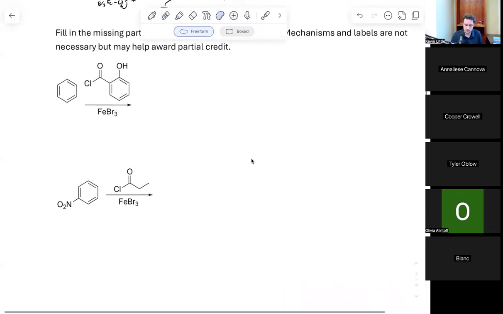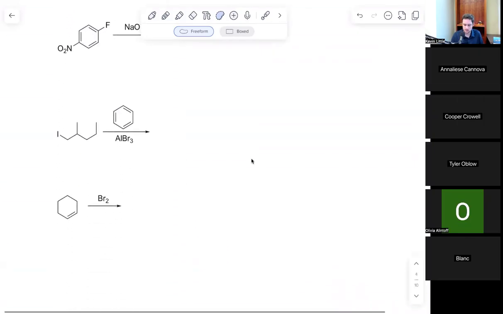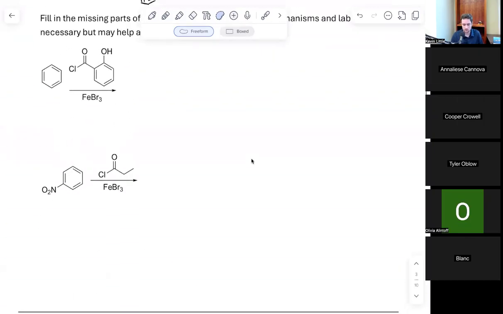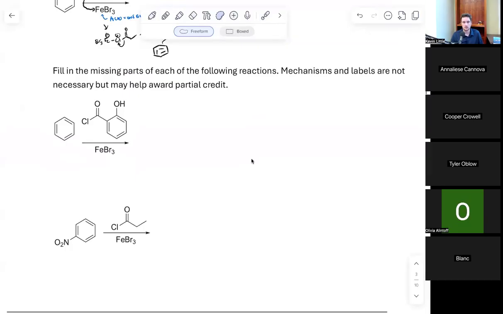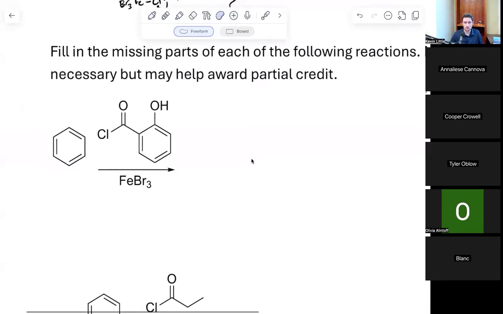All right, so the next bit is just fill in the reactions. I don't need you to necessarily label this. If you know the reaction, I don't necessarily need you to be able to do the full mechanism here. What I'm looking for, what I would suggest from you is to have an idea